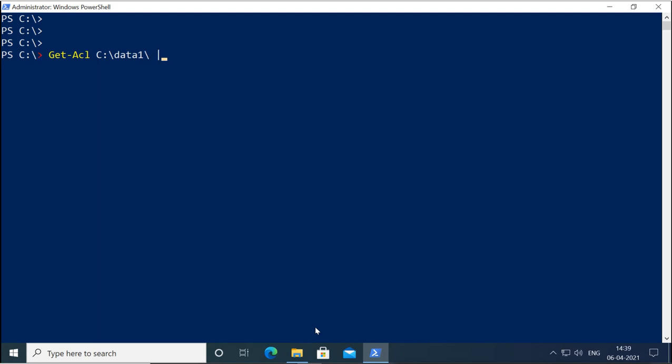Then I will use pipe and I will say Set-Acl on data2. So this will do what? It will use the same permission of data1 and set it to data2. So this is how you can use PowerShell also to manage your files.